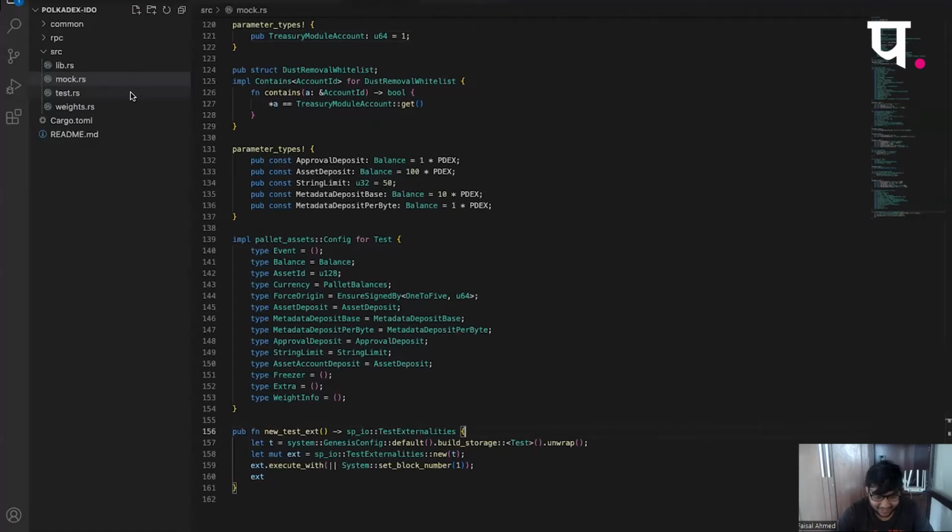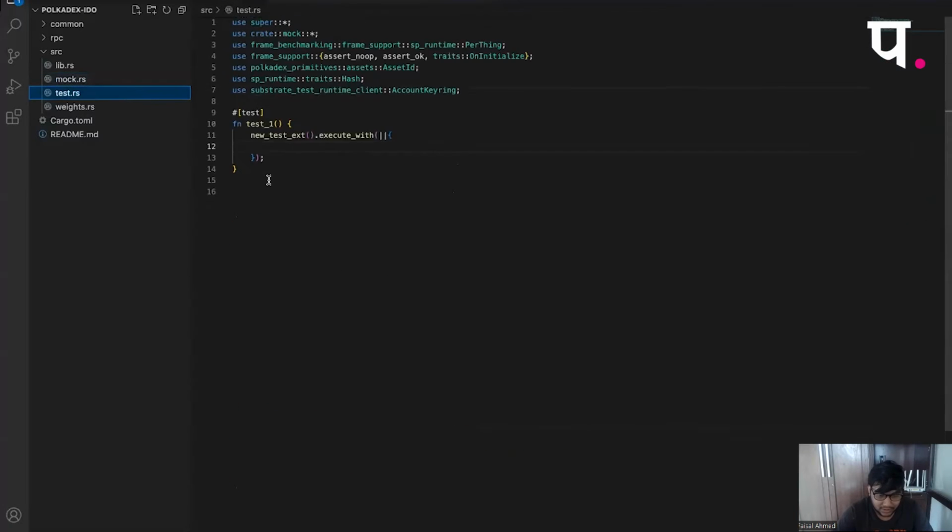So finally, we will get into the test folder. Before we get into it, you would see that these are a couple of exports that we do not care about. I think this is an old palette that I repurposed. We basically take everything that's in the mock environment, and this will give me the mock state machine. Now inside this, I will run my extrinsic that I've defined. So let's start with registering a new asset.